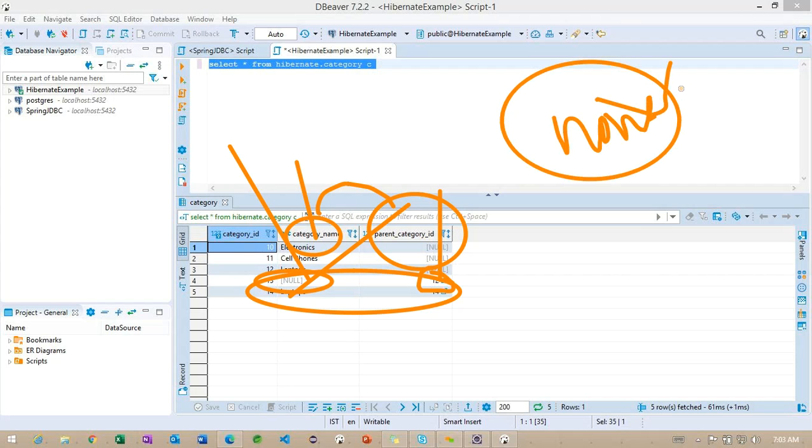This is the difference between the scenarios where we work with cascade information and where we work with save-update. In all real-time applications we work with cascade all, which means whenever we perform any operation, the operation also depends on the child objects.